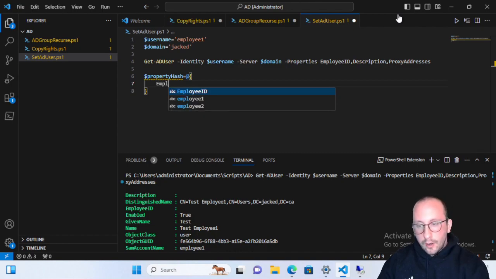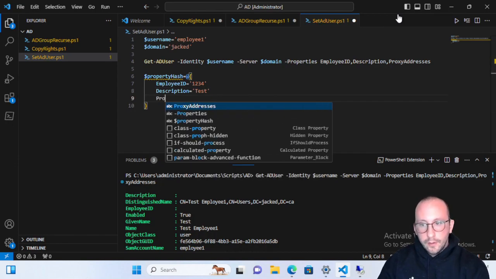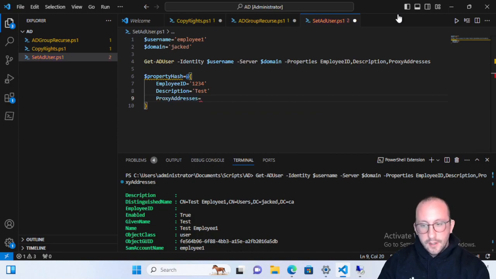And then we're going to put our properties and what we actually want them to be equal. So I'm going to put a property ID for employee ID, sorry. And we're going to have that set to 1, 2, 3, 4 for now. We're going to add a description and we're going to put that to test here. And then we're going to put proxy addresses and we're just going to put that to employee 1, because usually this is an SMTP address. So let's put SMTP employee 1